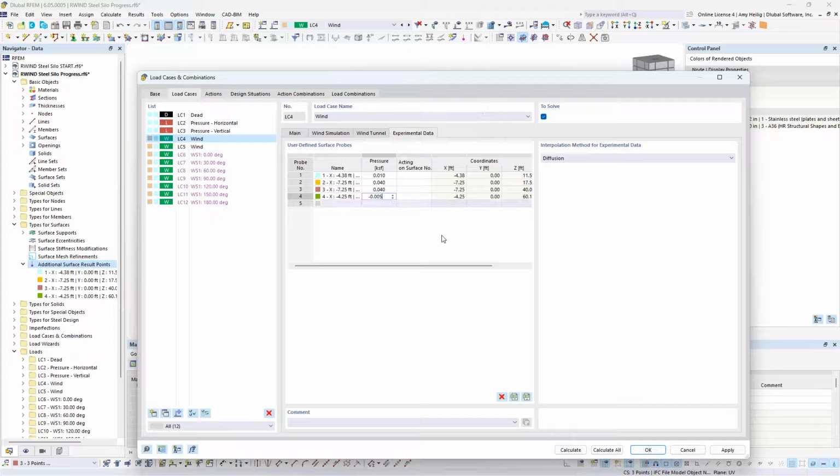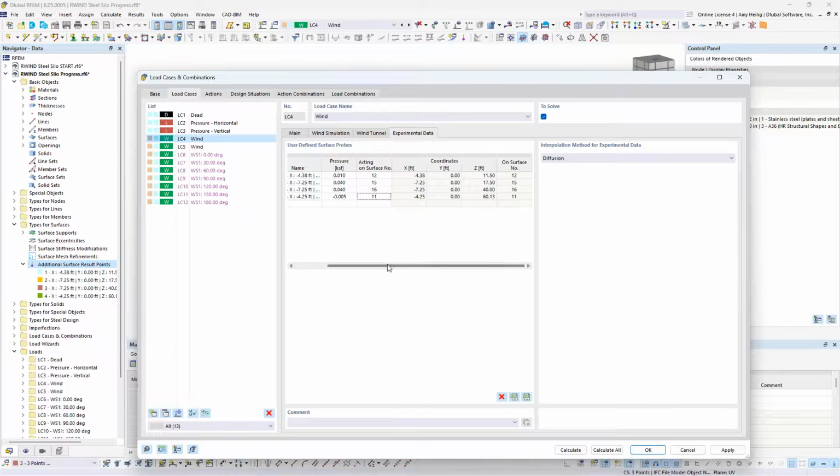Again, completely arbitrary, just for example purposes today. We also need to limit these pressures to specific surfaces. So we don't necessarily have to choose just one surface. We can choose multiple surfaces, but in reality, when we have multiple points, these are probably going to be acting on single surfaces. Well, I've already defined this information here with the surface result points. This was a requirement here. So it's very easy to select these here, hit Control C,